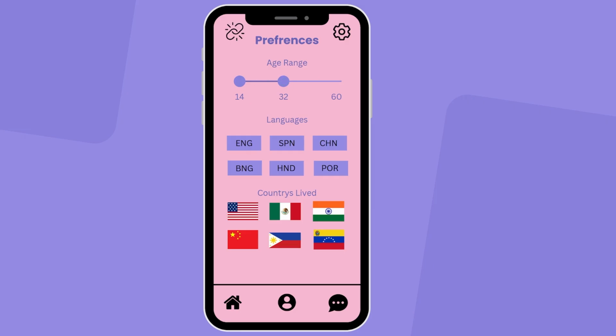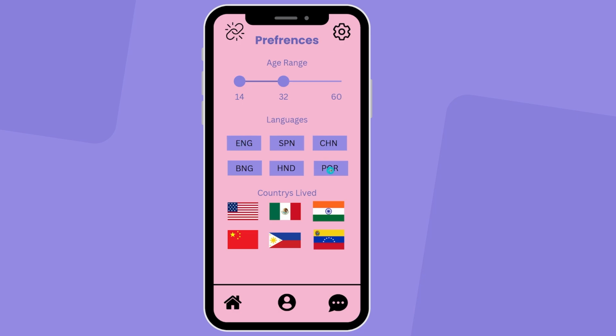And then if you want to pick the languages, let's say you speak English, Spanish, and Portuguese. You would just click all three of these here, and when you click them, they would change to a slightly different shade of color to make it obvious that they're selected. This is not in our current prototype, unfortunately, but that would be a feature we would have implemented into our app. So if you spoke those three languages, you want to match with